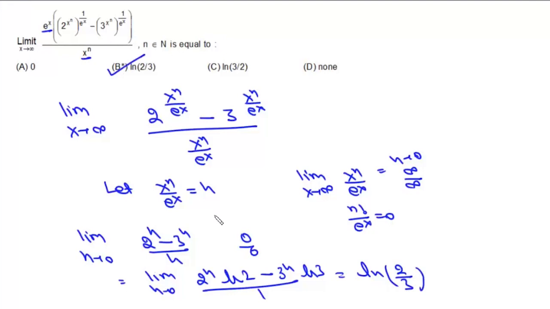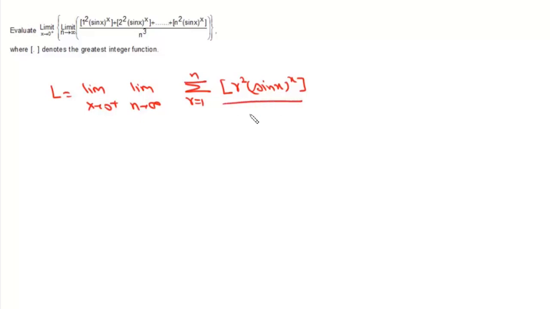Now here the question is, we need to find this limit, which is limit x tends to 0 positive, limit n tends to infinity, and then this summation r square into sin x to the power x greatest integer function, where r varies from 1 to n, whole divided by n cube. Now we can write the greatest integer function of x as x minus the fractional part of x. So it will be this limit